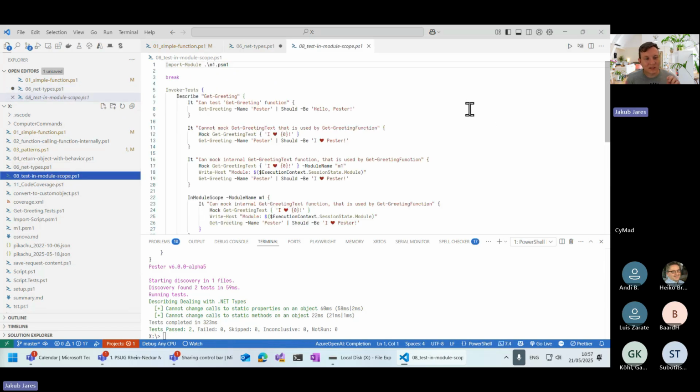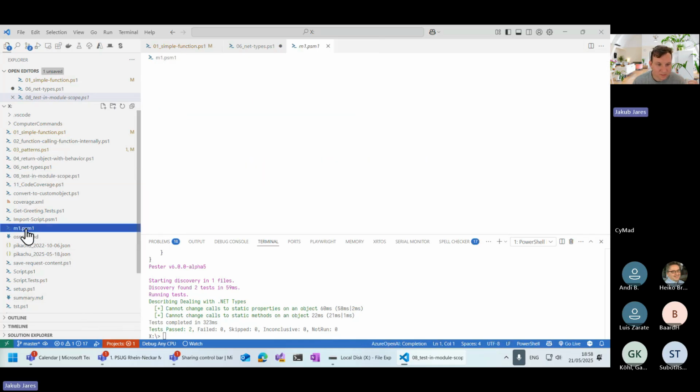Next one talks about testing inside of module scope. And so this is a very frequent gotcha that you will see if you start testing modules, because Pester, if you're mocking, offers you two ways of injecting a mock inside of a module. So in this case, I have this M1 module,